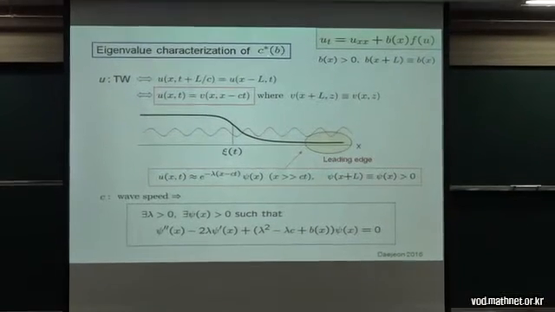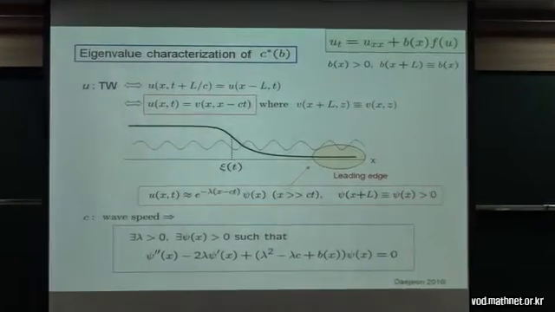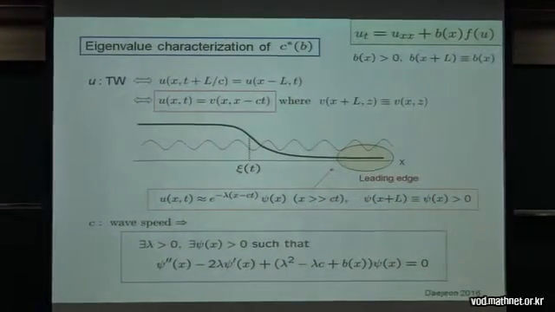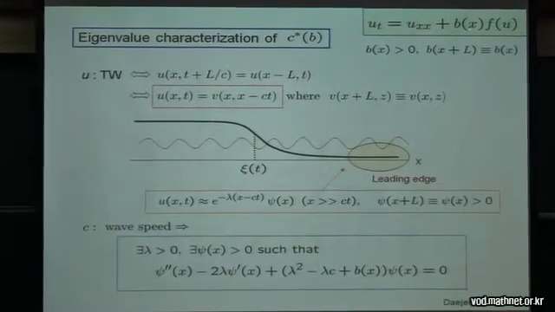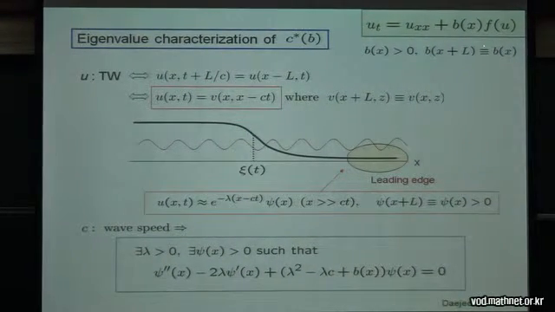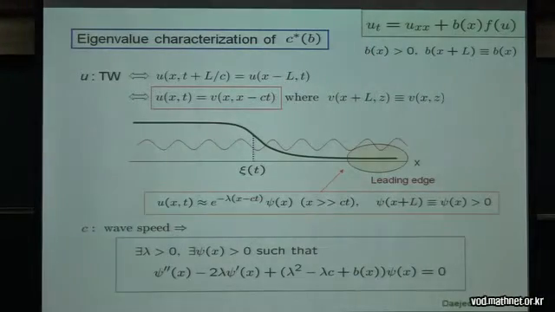Characterize the minimal wave speed for this KPP type equation, where the coefficient b of x is periodic with period L. And as I said,